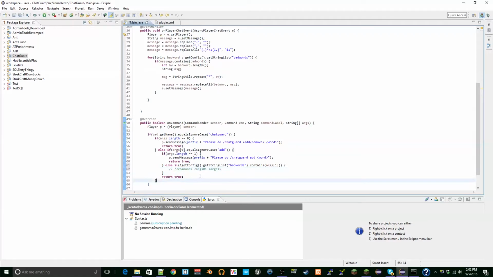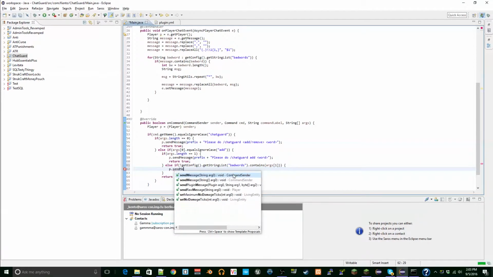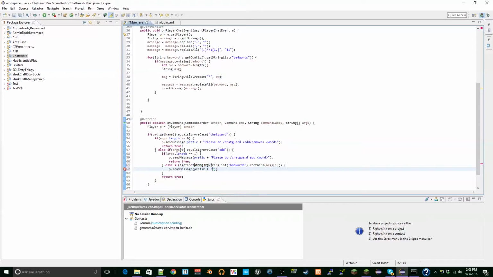You can get up to like the thousands if you wanted, but who wants? Alright, so now what we're gonna want to do is say p.sendMessage(prefix + "you have added " + args[1] +